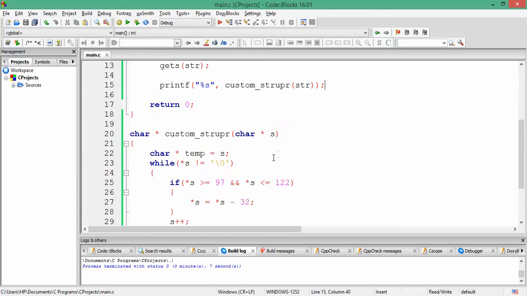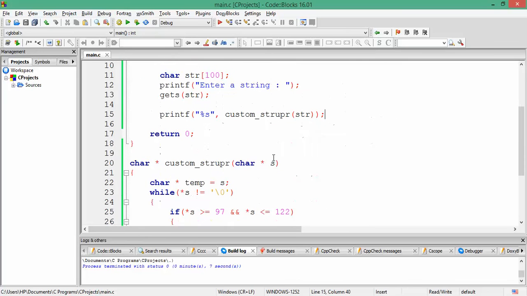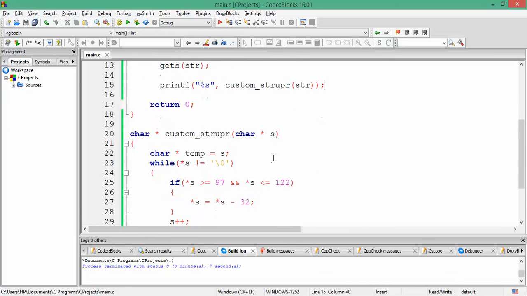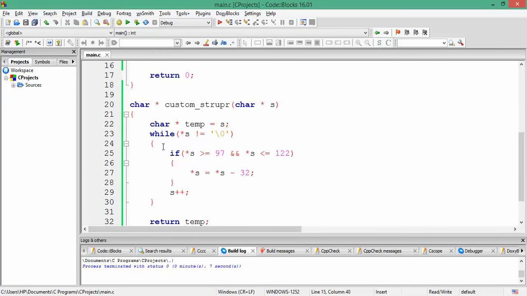So I hope you have understood the logic of this program, and it is quite a succinct program in which, by knowing that every character is stored as the binary form of its ASCII value, we have accomplished the task of a huge program in just a few lines of code, right?